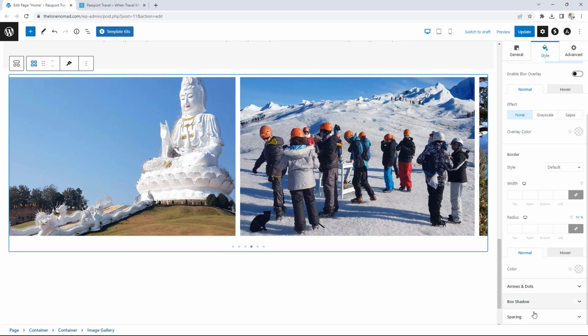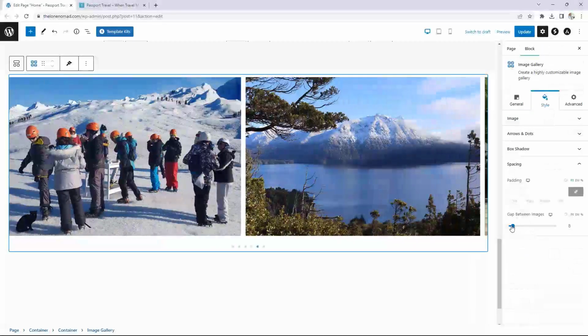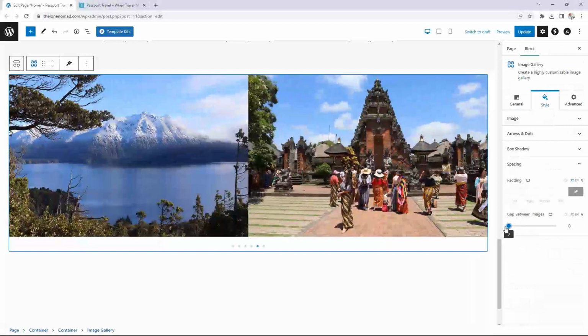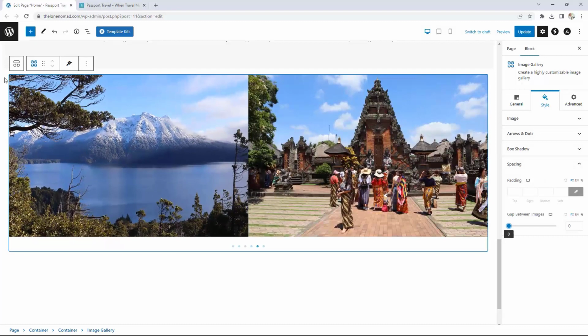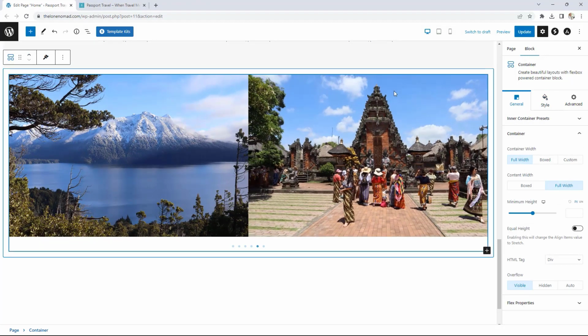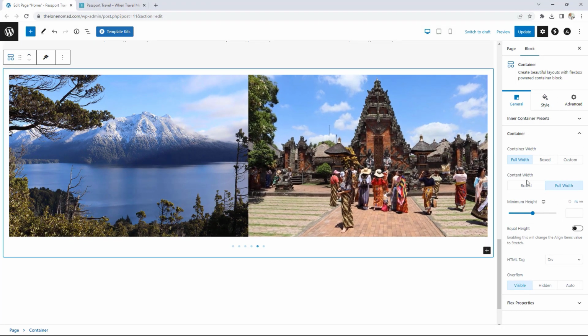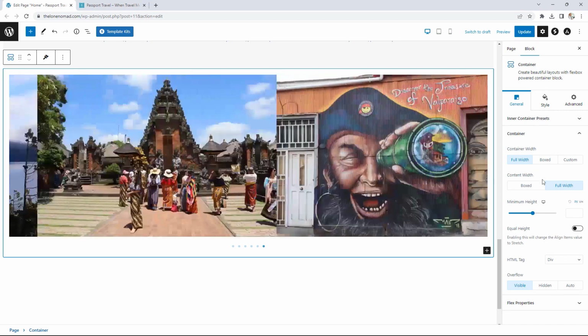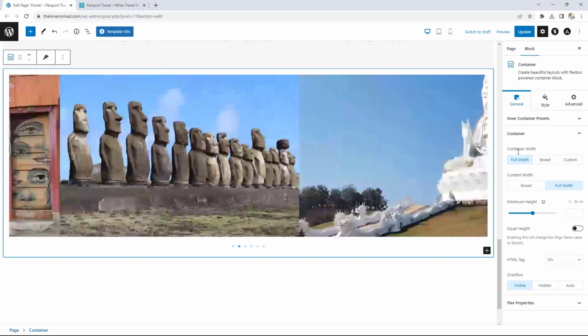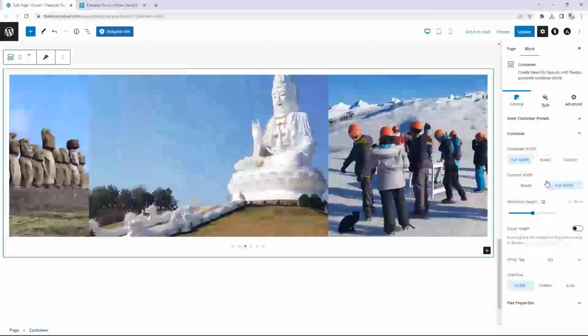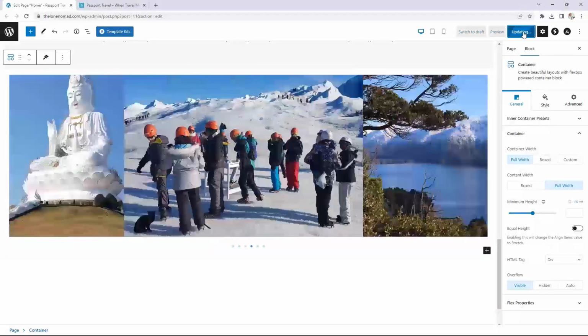And then down here where we have spacing, we're actually going to remove the gap between the images, so no spacing at all between the images. We're going to choose now the main container holding the gallery, and of course make sure that the content width right here is set to full width. Okay, so container width and content width are both set to full width. Let's go ahead now and update,